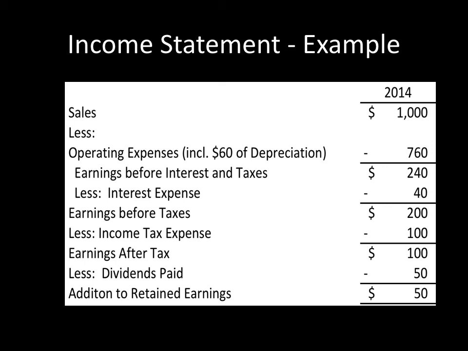So we look down and subtract the interest expense from EBIT. That gives us our earnings before taxes, what we have to pay the government. Then we have our income tax expense, which typically will include both federal and state income tax. That gets us down to our profits after tax, or in other situations, people might call it net earnings, net profits, or net income. We take out of that amount the $50,000, or $50, that will be paid out as dividends to the owners, and that leaves us with $50 that represents the amount we call addition to retained earnings. In other words, that's the amount of money we keep in the business, which will then flow back through to the balance sheet.